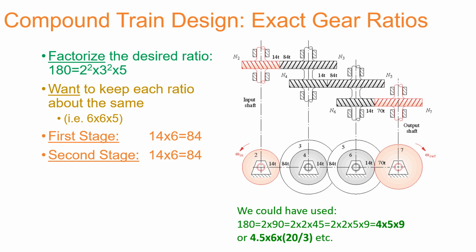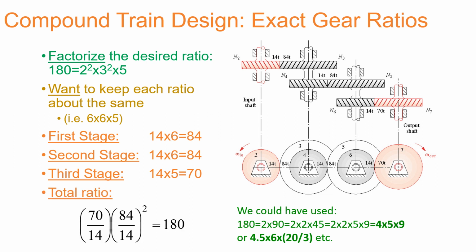And the first stage, the second stage, and the third stage were identified using the arrangement that we have figured out, and the total ratio was checked in the last stage to be this, thus exactly achieving the 180 ratio that we wanted to achieve. This is going to ensure that you are able to transfer the torques as well as execute the actions in a perfectly synchronized and timed fashion. This is what we have achieved through compound gear